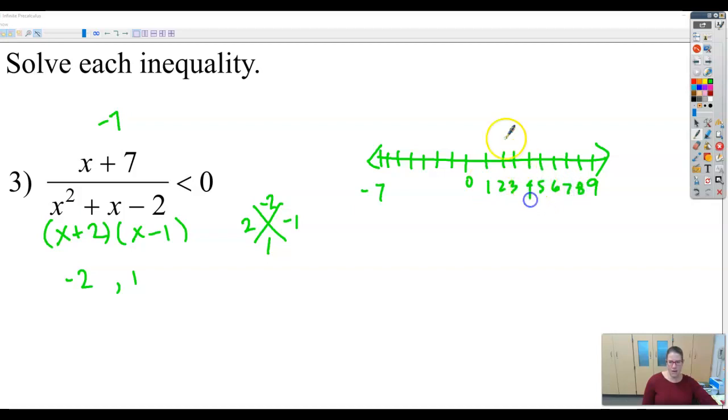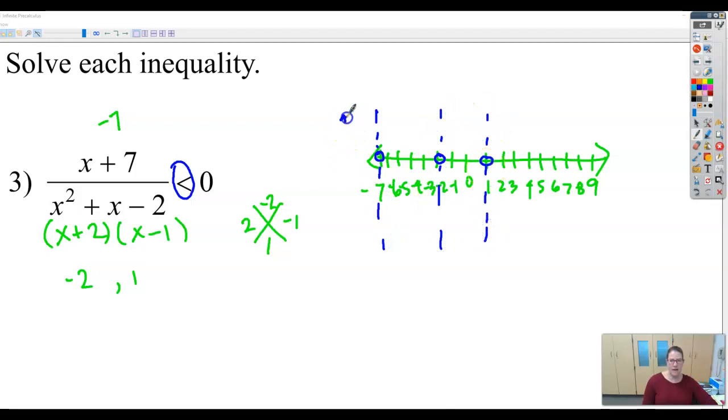Here's my number line. So I'm going to circle my critical values. Again, I have 3. The one from the numerator, I look at this inequality, and because there's no equal sign, I know it's going to be an open circle. These two will always be an open circle because they came from the denominator, and I cannot have my denominator equaling 0. So this time I actually have 4